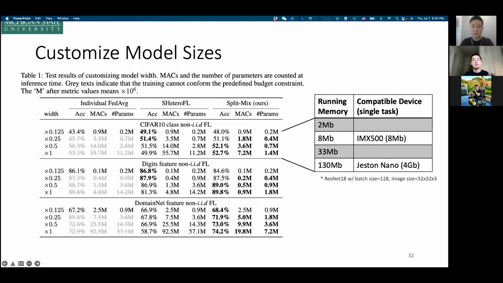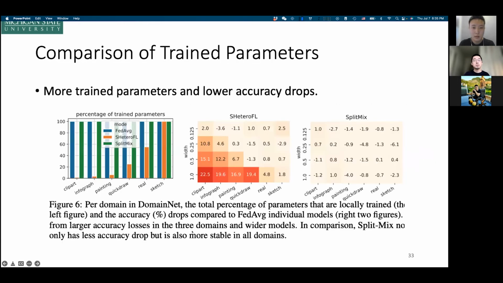Therefore, in this case, our advantage is enlarged compared to the hetero baseline. We basically achieve accuracy even better than the individually trained models on all model sizes, with much smaller model parameters compared to the hetero baseline. So this is the customization of model size.